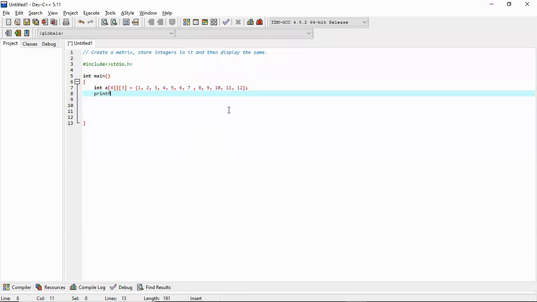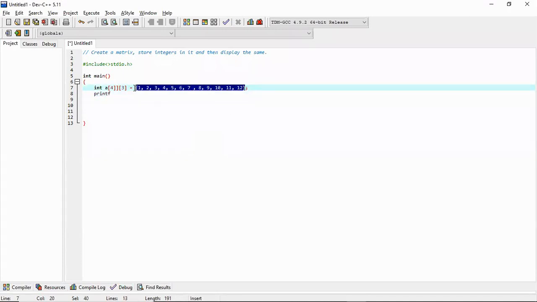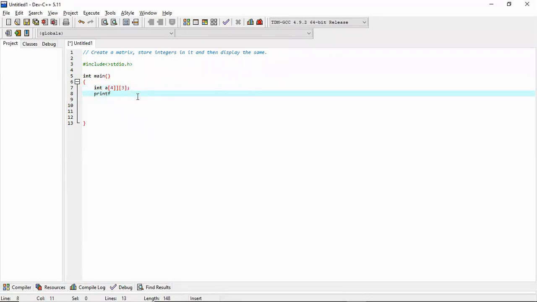If I don't know these values, no issues, I will ask the user, enter the numbers, enter the values of the 4 cross 3 matrix.